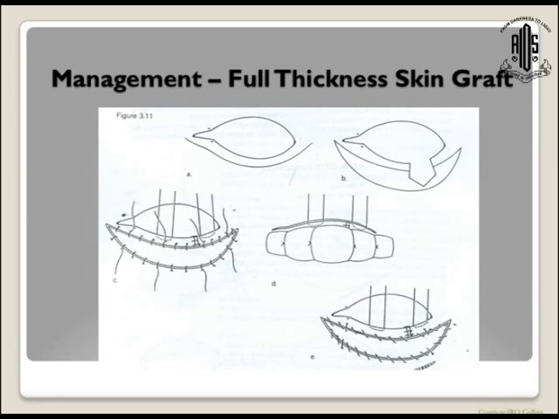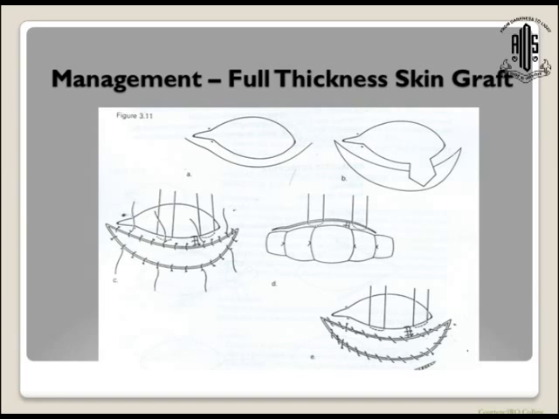The rest of it all you can excise and use as a full thickness skin graft. For skin grafting, the procedure is relatively simple, and what you need to do is excise that part of skin. If you want to undertake other procedures like shortening the eyelid, then those can be done simultaneously. Once you've harvested the skin, you reapply it at the place where you want to graft it.